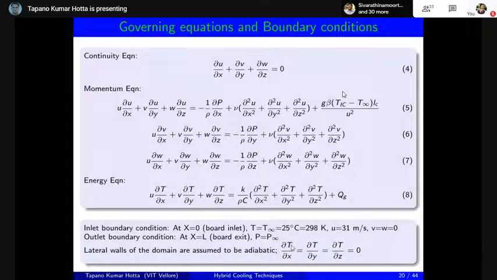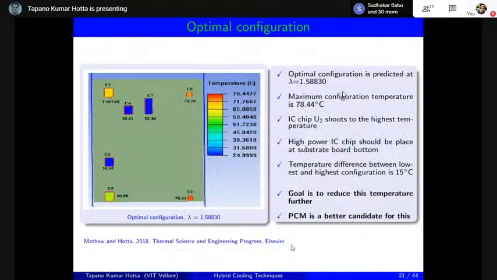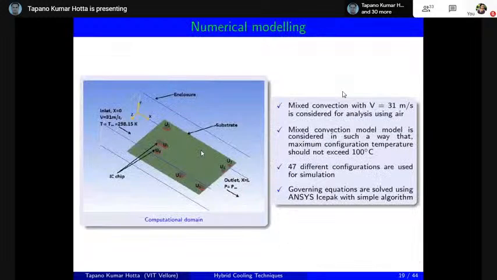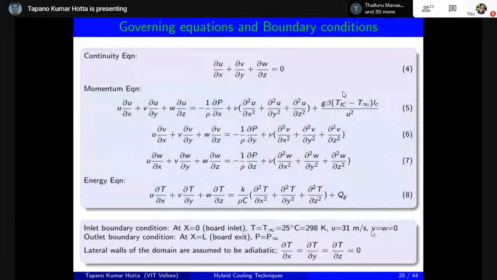But now coming to the boundary conditions, these are extremely critical, because if you are not giving the proper boundary condition to your domain, you might be thinking about one result, but a different result will pop up. If you see the boundary condition here, at the inlet your velocity is 31 meter per second and the other velocity components v and w are equal to 0. Only there is a velocity of 31 meter per second along the x direction,